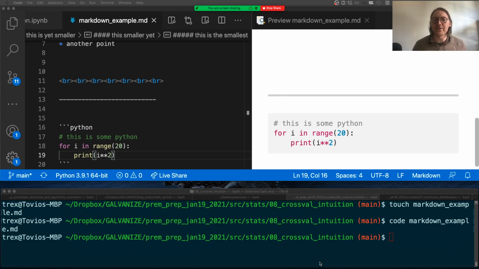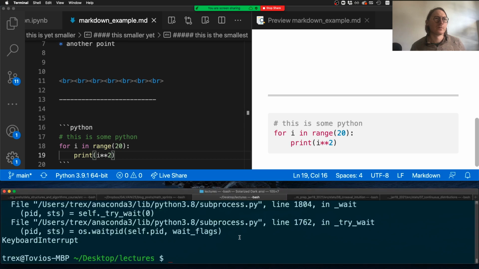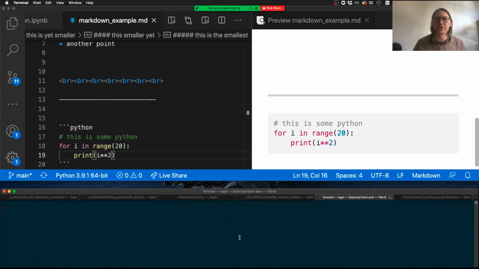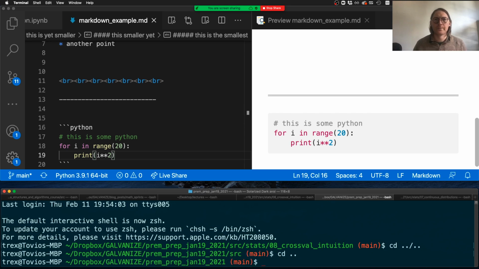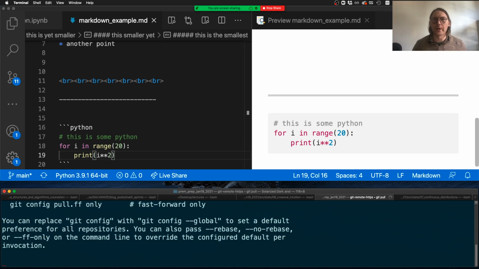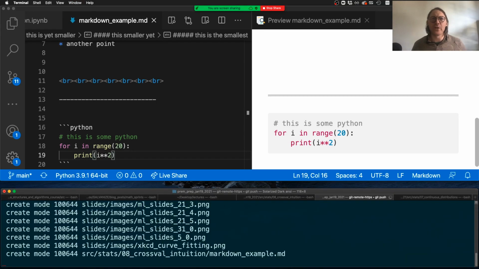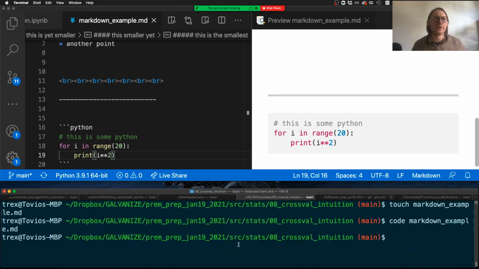The code will be saving to GitHub in real time, or it should be. Let me just make sure. I may not actually have a cron process running here. Hold on. Okay. It definitely is now. I think I do have a terminal somewhere that is going to GitHub, but